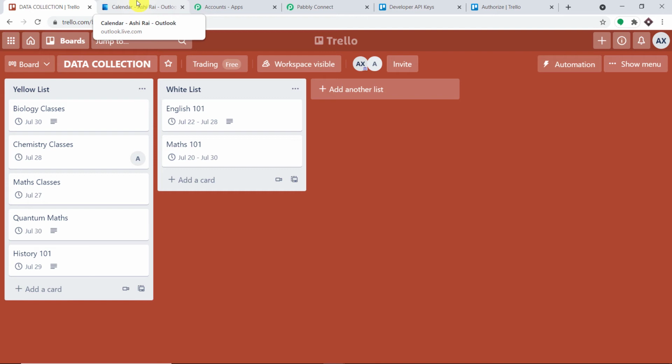So what we are going to do here is we are going to introduce a delay of 2 minutes. So in this delay of 2 minutes, what will happen is Pabbly Connect will restrict the flow of data when the card is created in Trello. And when this data restriction happens, when we add the description as well as the start date as well as the due date, the data will flow as a single package. Okay, so not once or twice, it will flow as a single package.